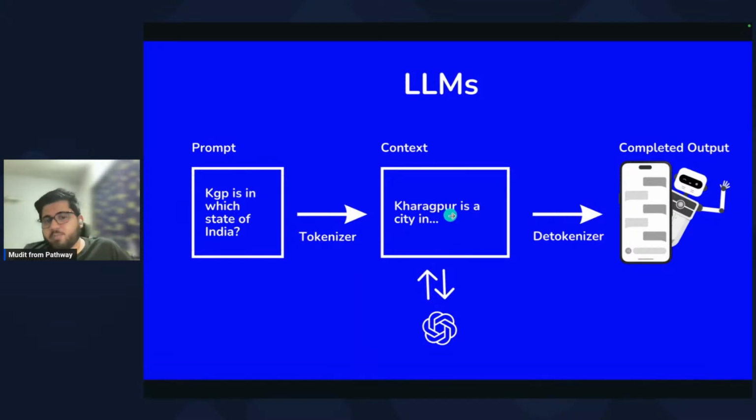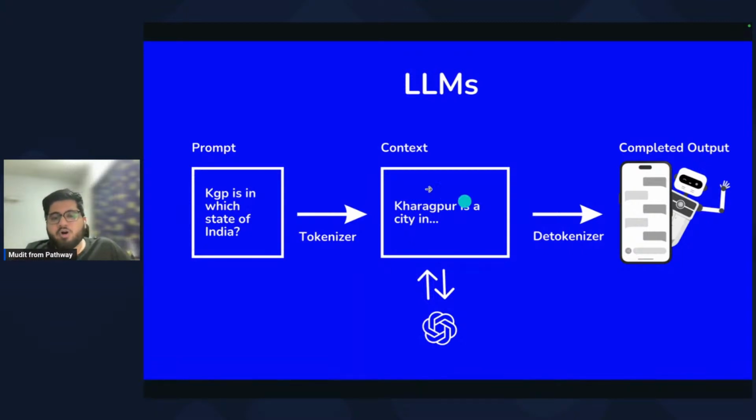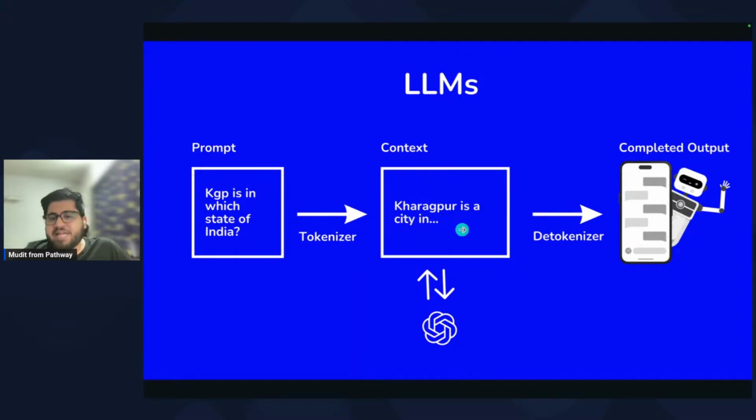So let's say "Kharagpur is a city in the state" is what you give it. It generates "in the". Then, once it generates "Kharagpur is a city in the", it takes that and puts it in the LLM again and tries to give the output "state", and then puts all of it in again to get "of". You typically get that output in the form of numbers, which is nothing but tokens, and those tokens are then converted by the detokenizer to give the output: Kharagpur is a city in the state of West Bengal in India.